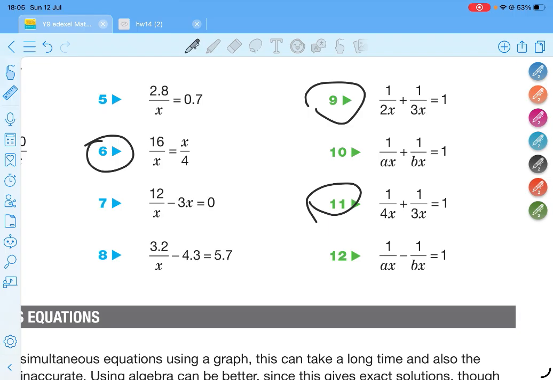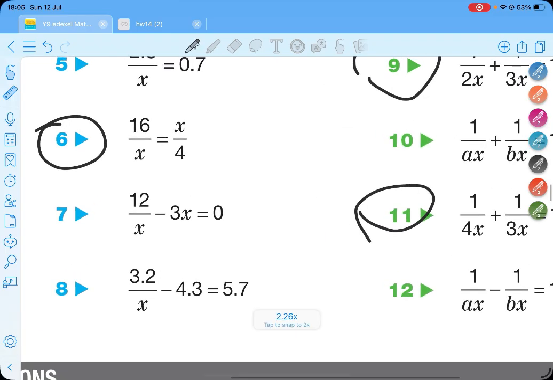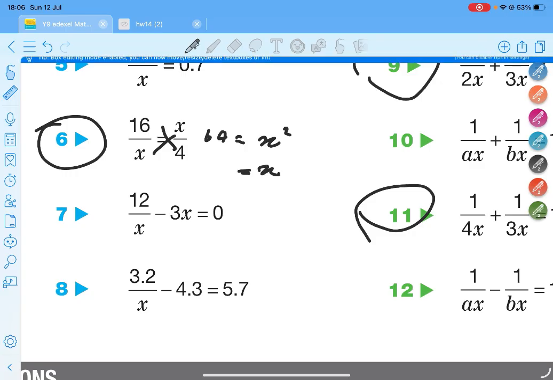This one. Just multiplication. 16 times 4, 64 equals x to the power 2. Sum is 2x, not that. x times x is x to the power 2, and x plus 6 gives 2x. Now they're not going to ask multiplication like this.